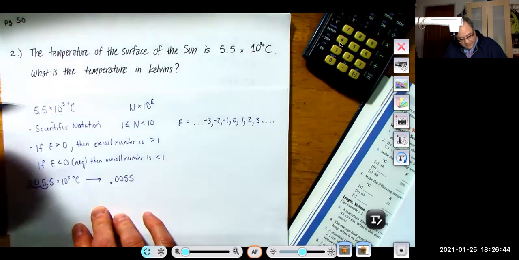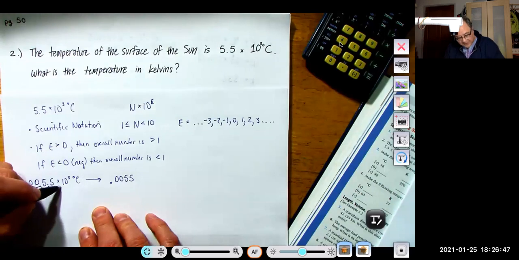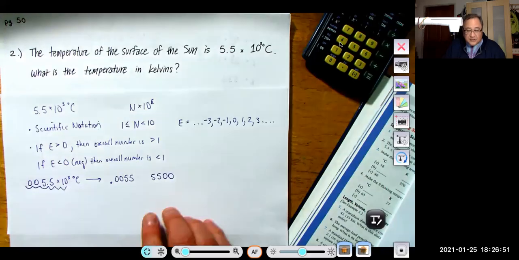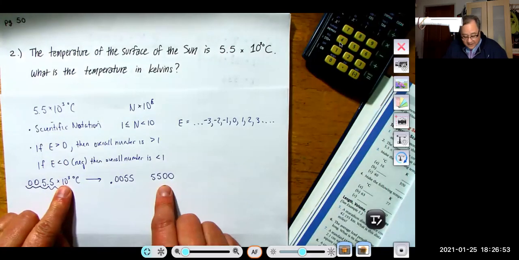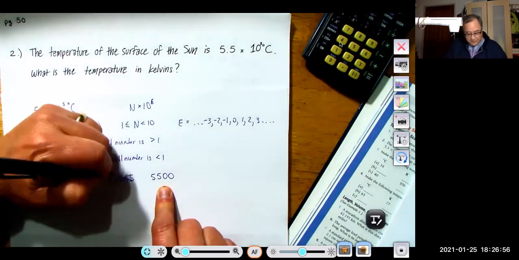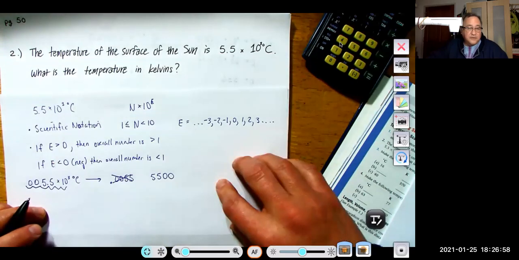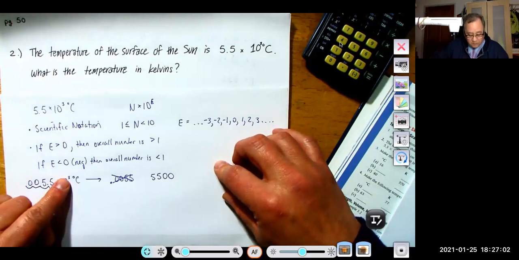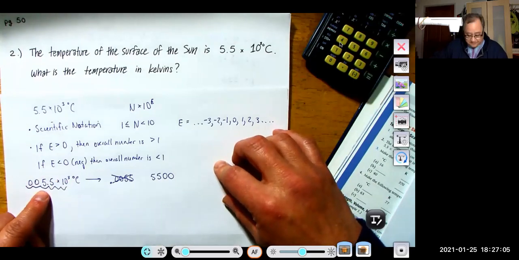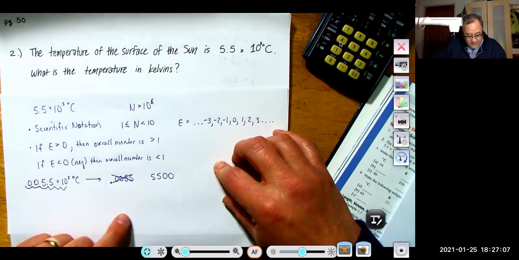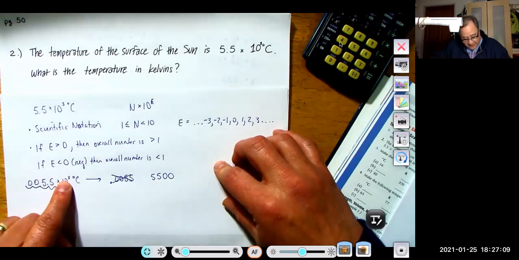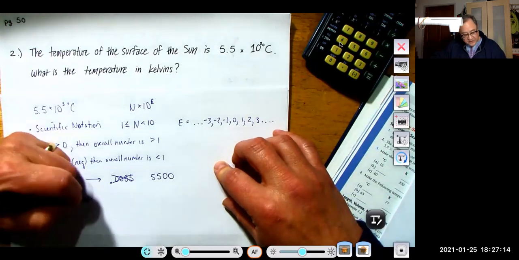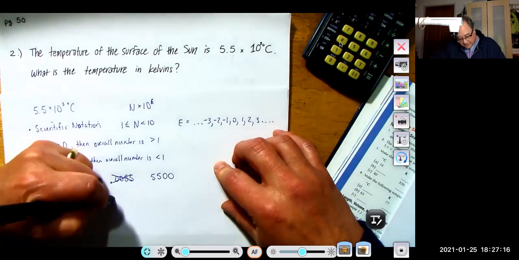If I move the decimal over 3 places like this, I get 0.0055. If I move the decimal over this way 3 places, I get 5500. Since that's 10 to the third, this one has to be correct and this one doesn't. So the way to remember which way to move the decimal is really simple. If that's a positive value, move the decimal so the number becomes bigger. If it's a negative value like this,